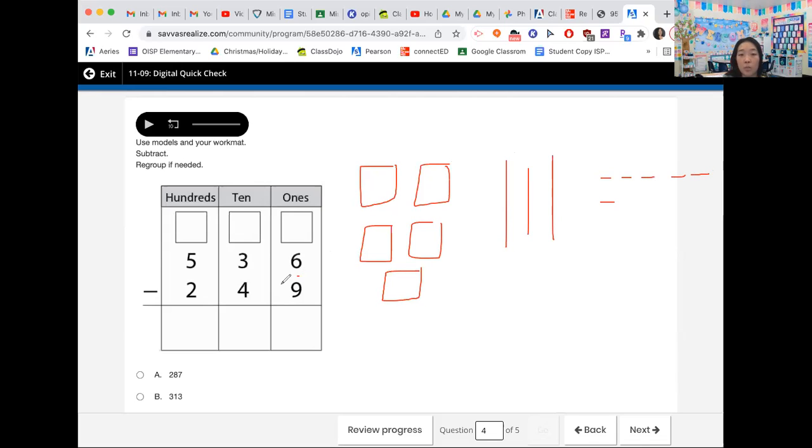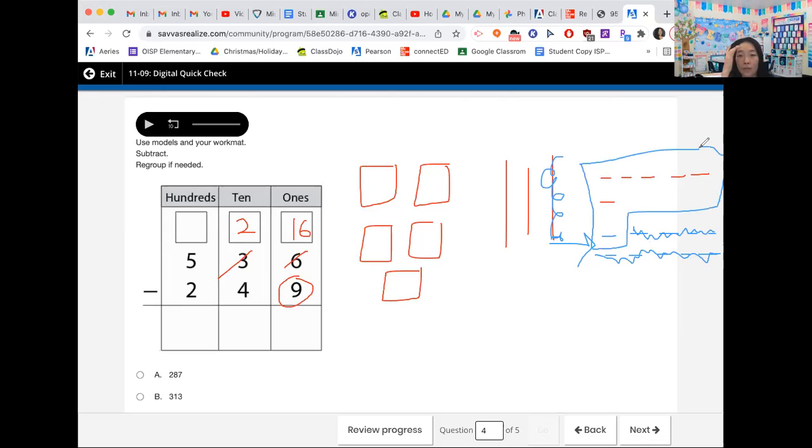More on the floor. Go next door and get 10 more. So I am going to go next door, say, hey, 10, we really need you to come over here. And they say, okay, so I'm going to add 10 more. Now we have enough to subtract 9. So let's subtract 9. So this is going to be 5. And then this would be 9. So we have 6 reds and 1 blue. So how many total ones do we have? 7. So 16 minus 9 equals 7.